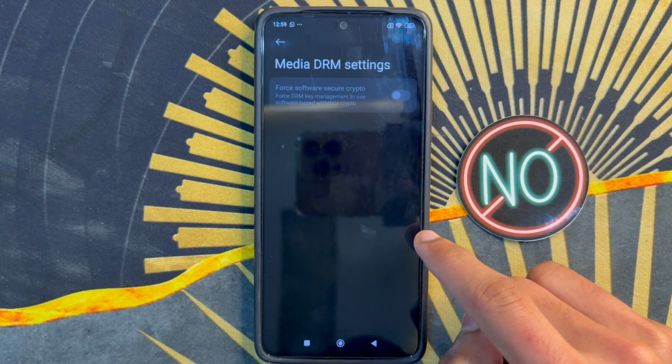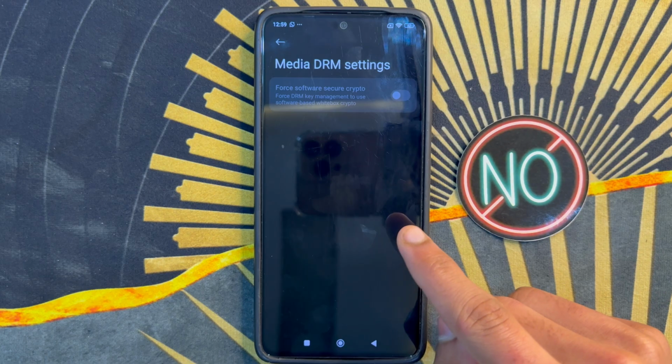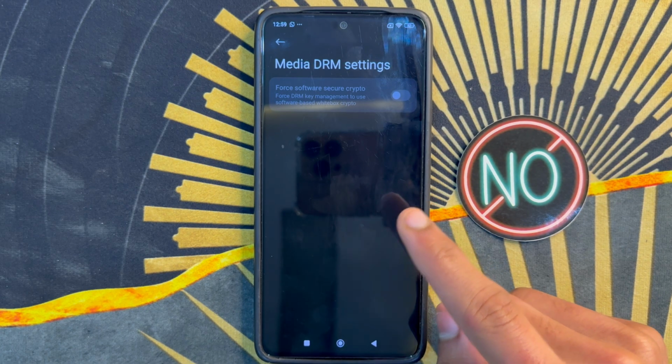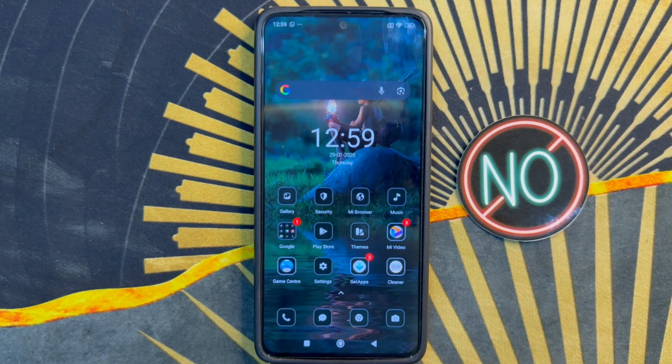Click on media DRM setting. You will check your software update is latest. If it's not latest, update your software to latest. After update software, go back to home screen. So that's how you can fix camera distortion